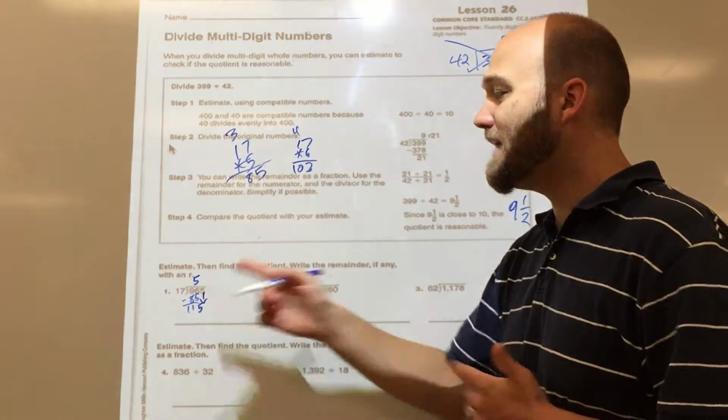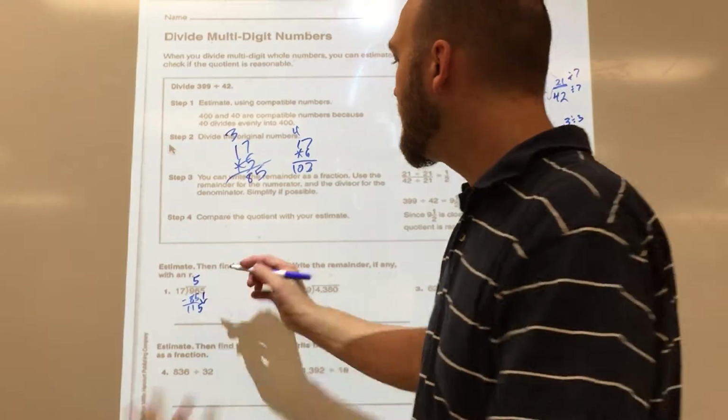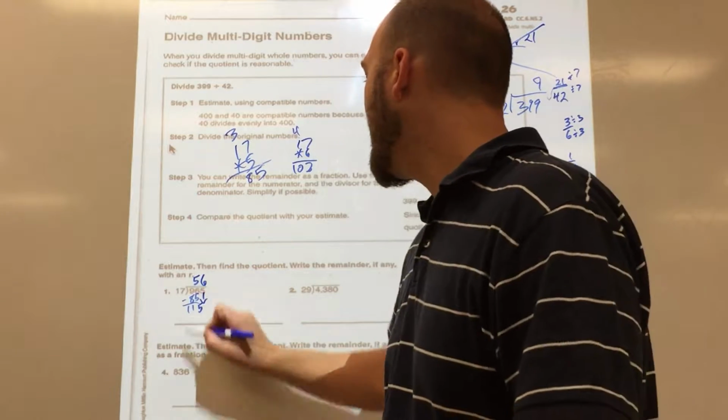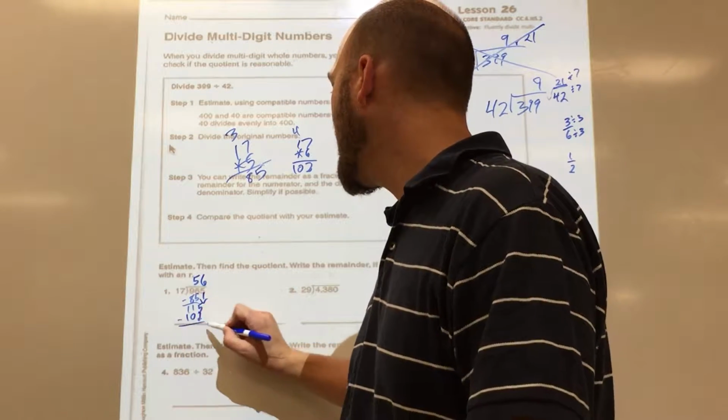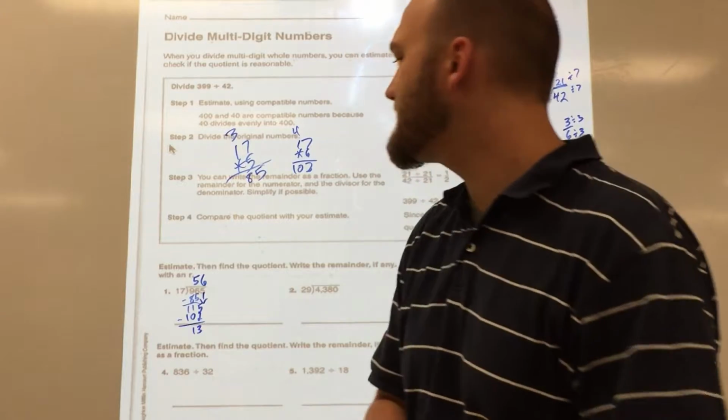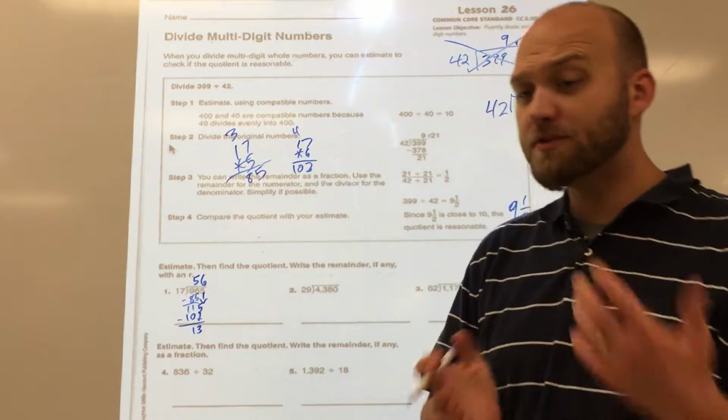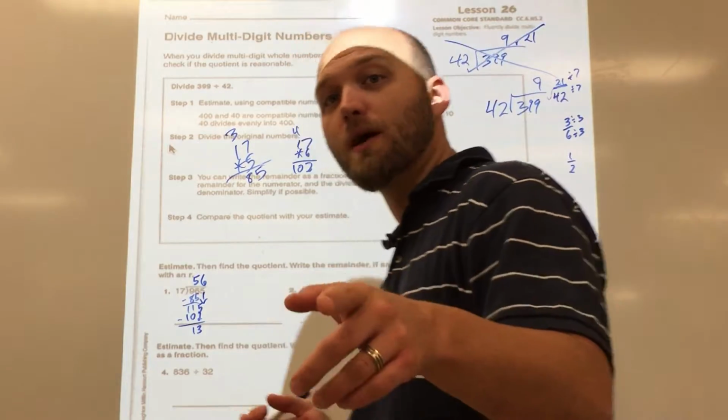102. All right, well, I can't fit another 15 in there, so that's my answer. I have 6, and I get 102. And when I subtract them, I'm left with 13. 13 left over. Well, I have two choices here. I can either add a decimal and keep going,